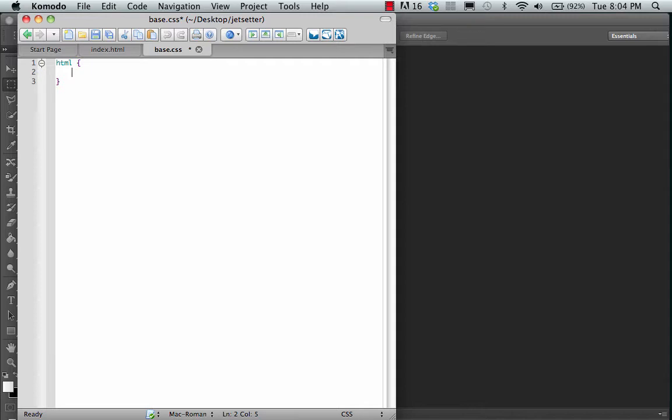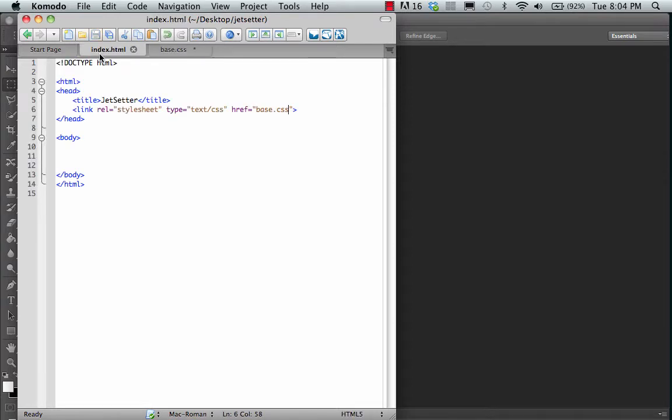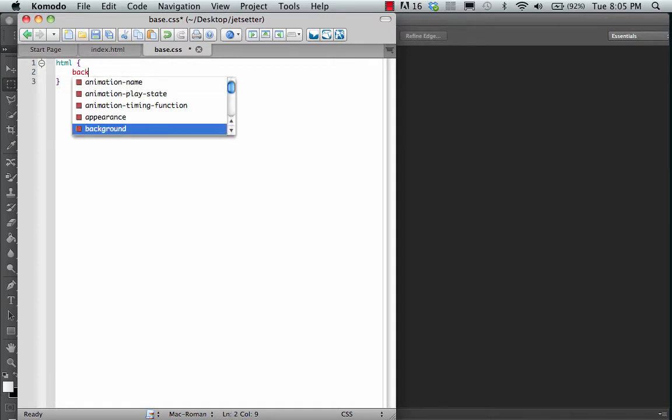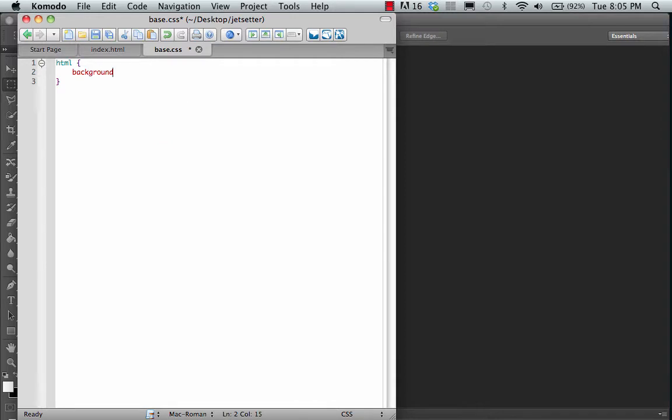But this is going to be just a regular HTML one, so we're going to start with the actual tag of HTML, and what that's going to do is as soon as it sees this tag, it's going to apply it to this tag, which means the entire viewport and the entire everything, okay? And so what we can do is we can give it a background, okay, and I'm just going to let it do its autocomplete, and I'm going to tell it URL,